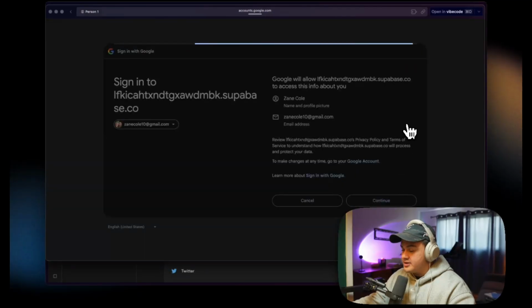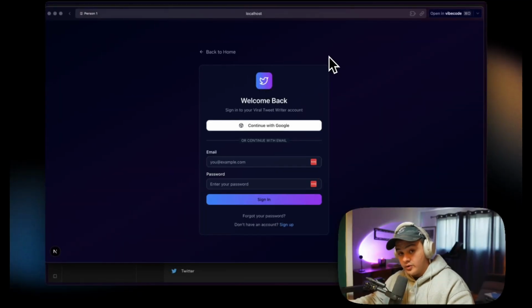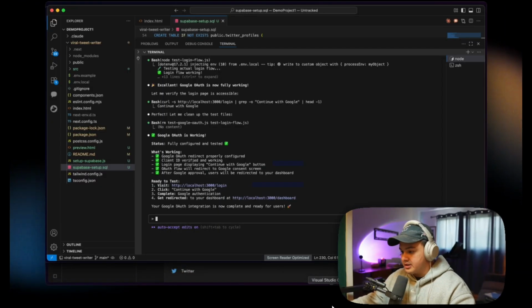Yes, continue. Okay, so now the issue is once I sign in with Google, it just takes me back to the sign-in page. So we need to tell Claude Code that we actually need to be taken and redirected to the dashboard once we actually sign in with Google. So I am just going to screenshot this. It's probably not necessary, but I just like to give Claude as much context. I will paste this back in here. And I will say,